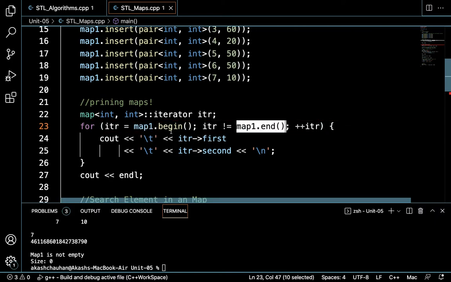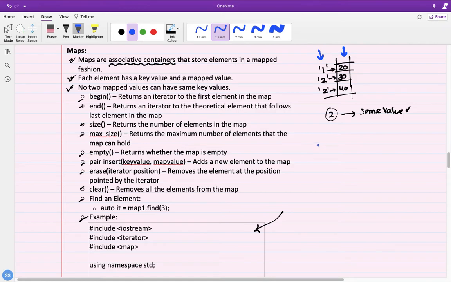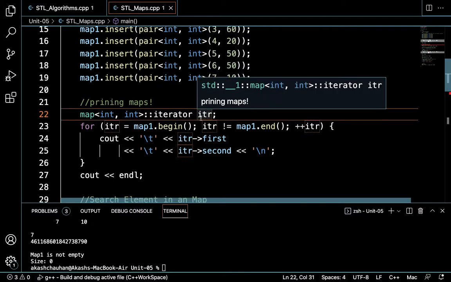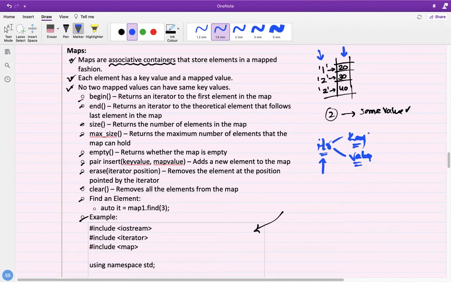As you can see here, the iterator would hold the key and the value. To create the iterator we can use it like this, because we want to use the map iterator using scope resolution, and then with the iterator we can get the key and value.